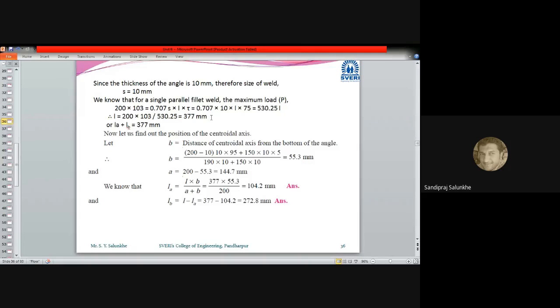So we have to calculate the parallel weld, and the formula which we have derived for the parallel weld is that P is equal to 0.707 times T, throat thickness, and L, that is the total length of that weld, into shear stress. That is, stress is equal to force divided by area. Area which we are going to consider is T into L. That is the throat thickness into the total length of that weld, and allowable shear stress is tau. So when we are going to